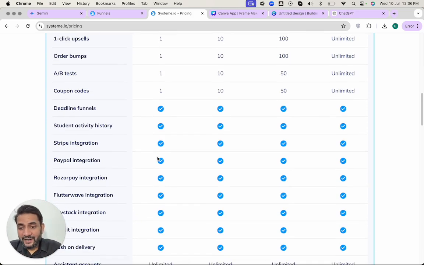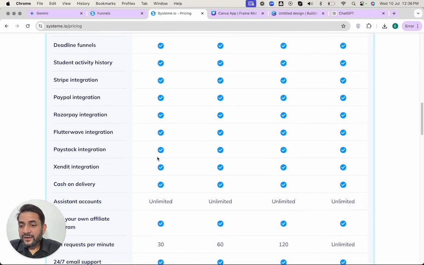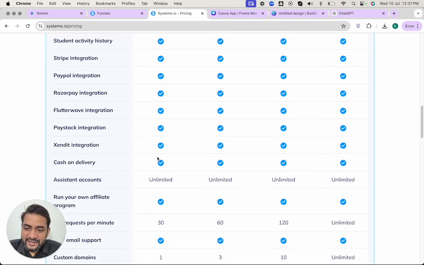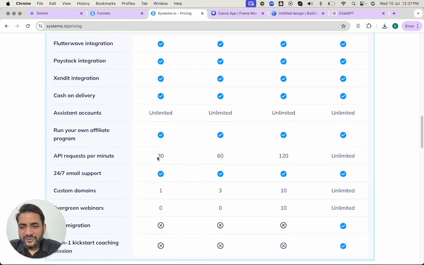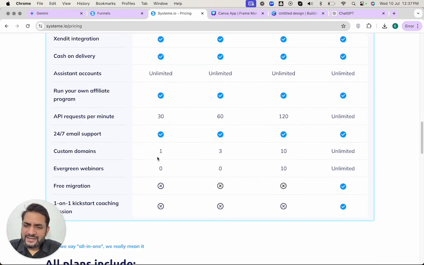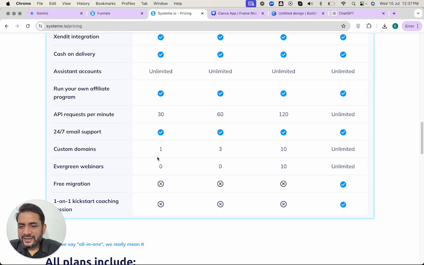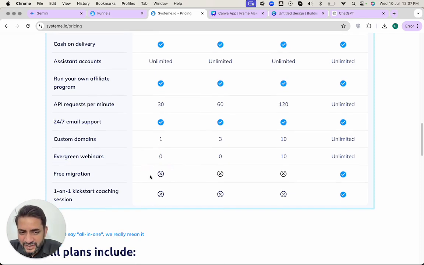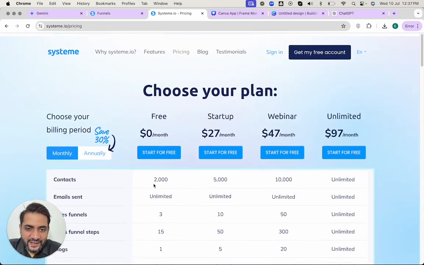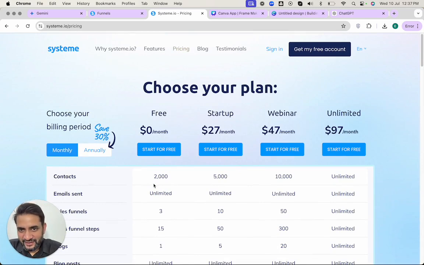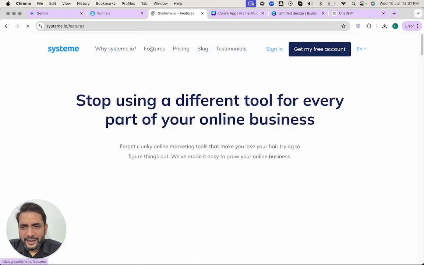If you are from India, you have Razorpay integration, Flutterwave, Paystack, Zendesk, cash on delivery, assistant accounts, run your own affiliate program, API requests, email support, custom domains, evergreen webinars. You do not have any in the free one. Free migration you do not have in the free one. One-on-one kickstart coaching session you again do not have in the free one, but that's not needed because I am there for you. Okay, so now that we understand this,